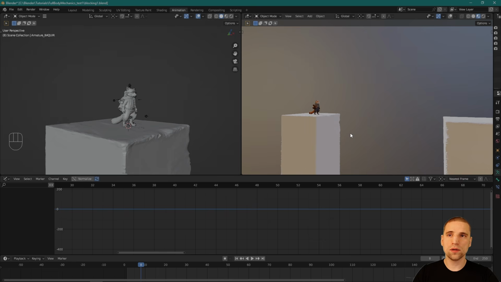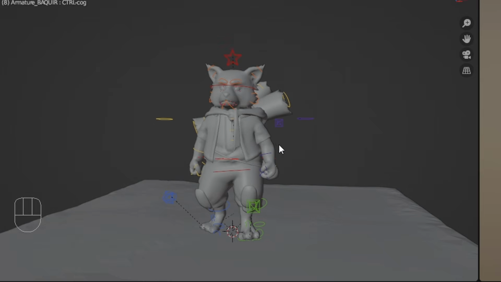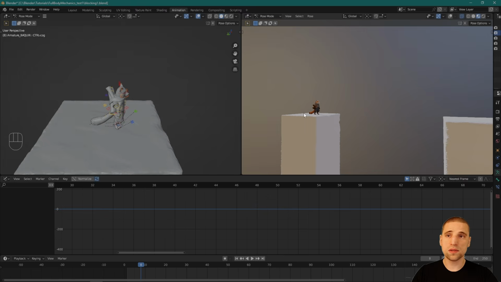In the right panel here, what I like to do is just turn these things off. So I'm only focusing on the picture itself. And then on the left side, I'll turn everything on so I can work with my rig. I'm going to select the rig, Control Tab, takes me into pose mode, A to select all, and I'm going to frame for it. I've started with a very simple pose for our character, and basically he's just looking across